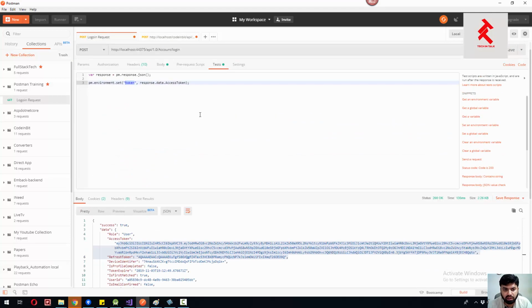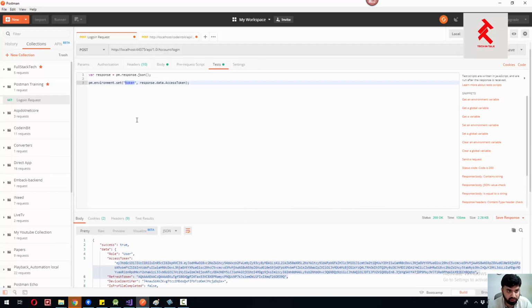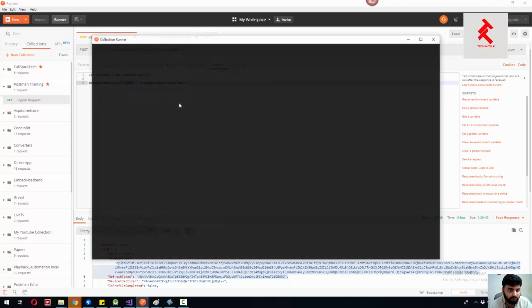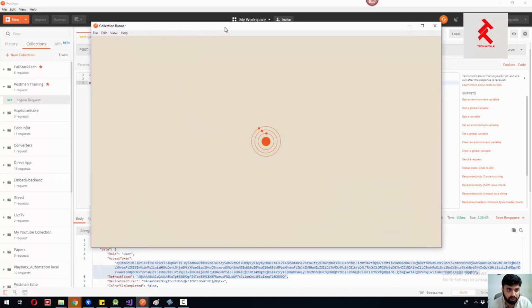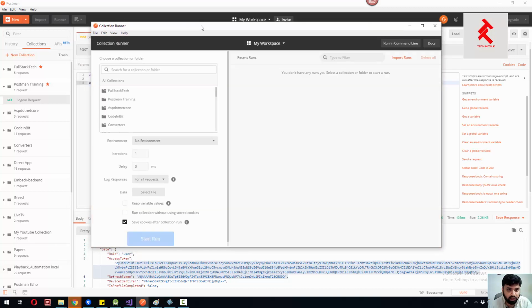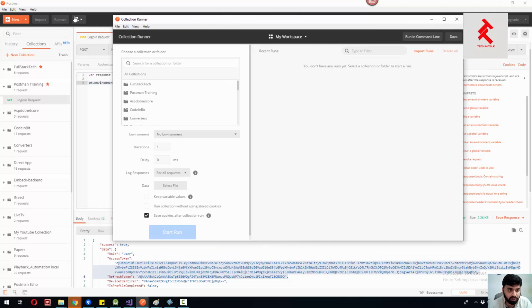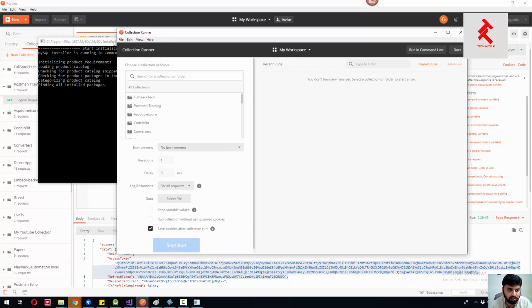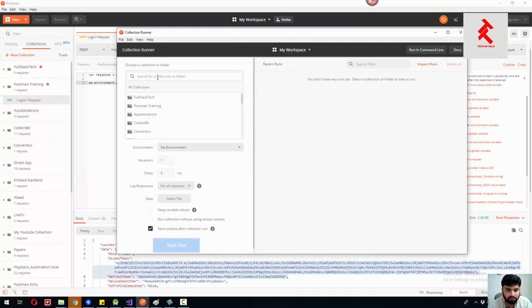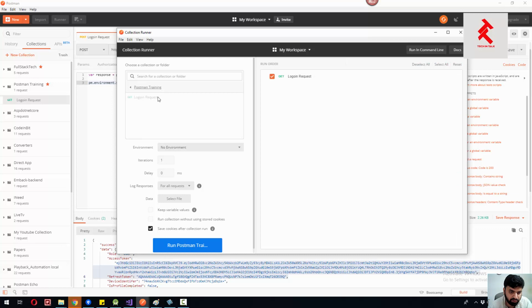So how is this actually useful in our Postman testing? Let's demonstrate this as well. Let's say we have a collection, and this is the runner of Postman, which helps us to run all our requests without any effort and in repetition. So let me select our collection, which is Postman training,